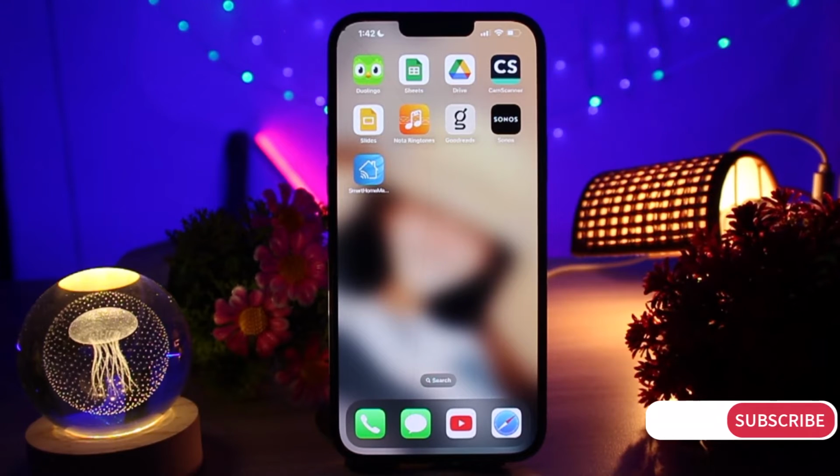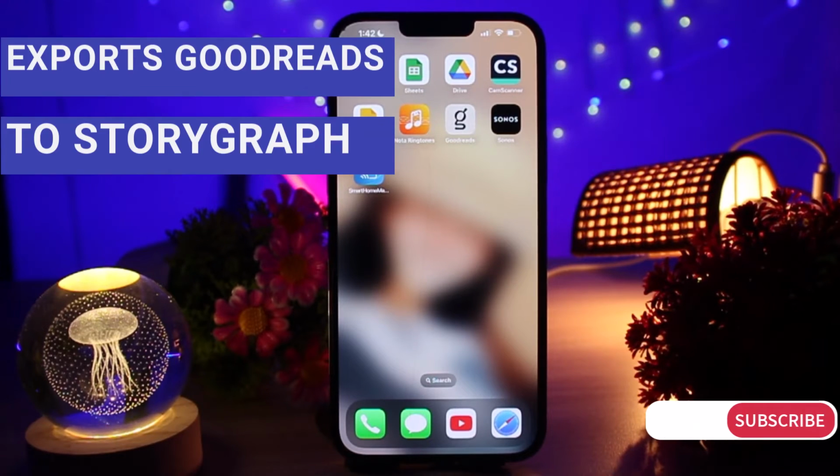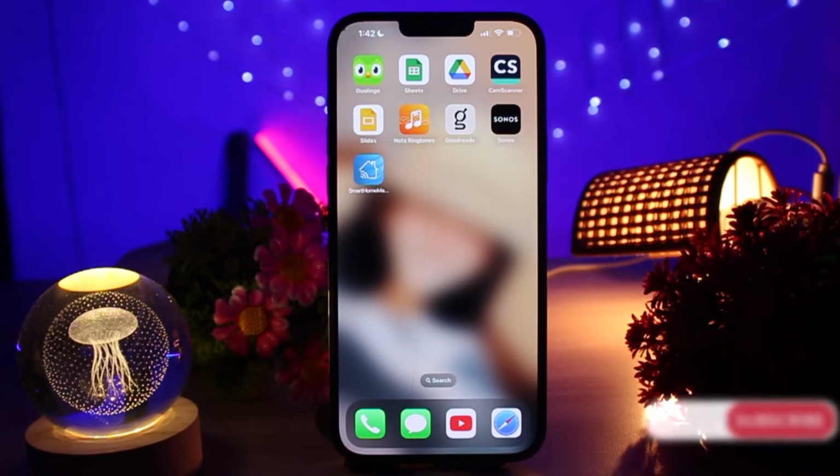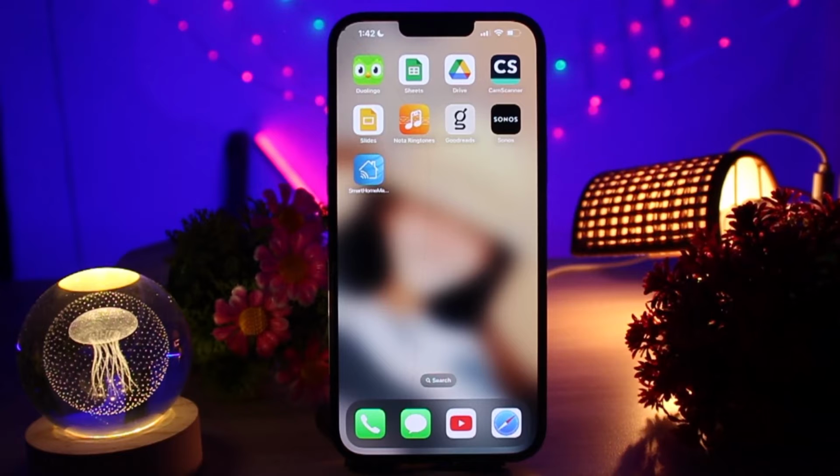In today's video, I will show you how to export your Goodreads activity into a story style paragraph using your phone. Let's get started. First, open the Goodreads app on your phone and make sure you are logged into your